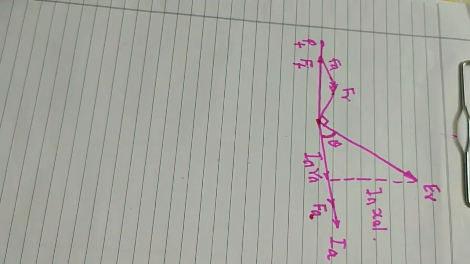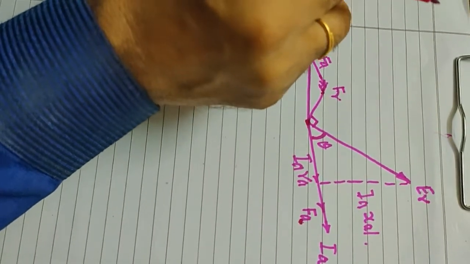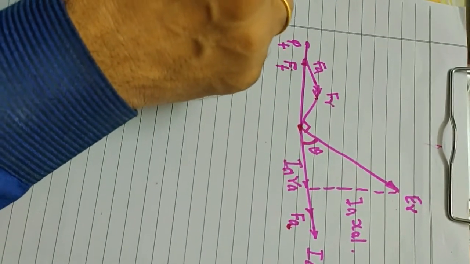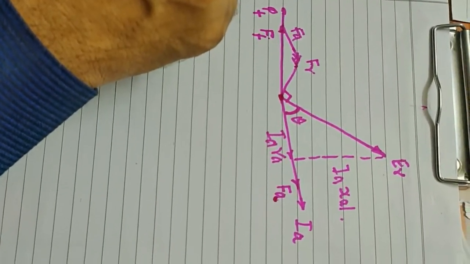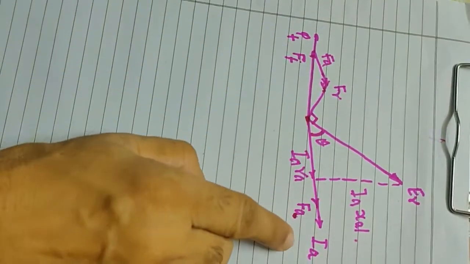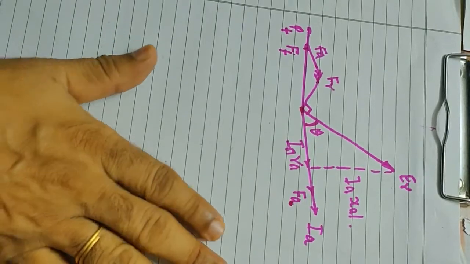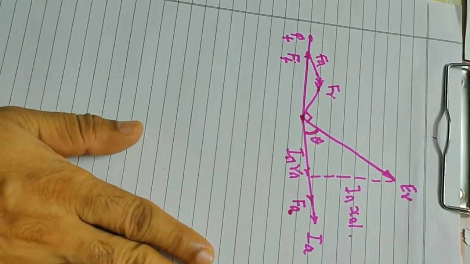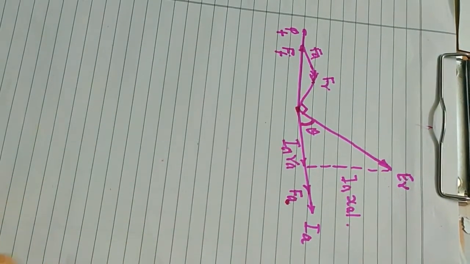There may be a question: why is the open circuit characteristic a curve and the short circuit characteristic a straight line? The reason is that in the open circuit characteristic there is saturation in the magnetic circuit at higher field current. In the short circuit test, as the armature flux and main field winding flux are nearly opposite to one another, the resultant air gap flux is less. Therefore there is no saturation in the iron part, and the short circuit characteristic is a straight line.